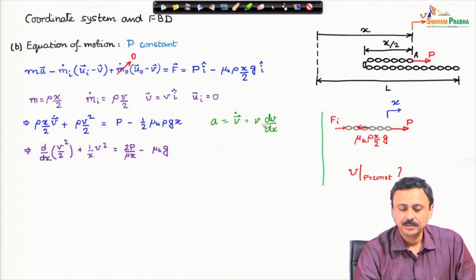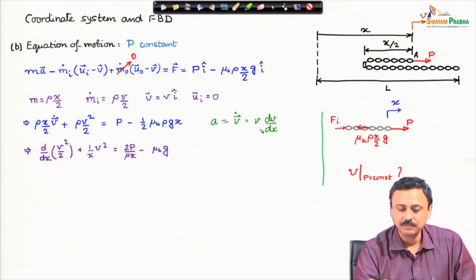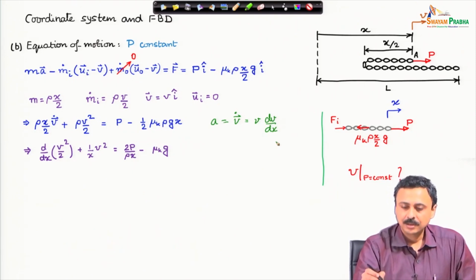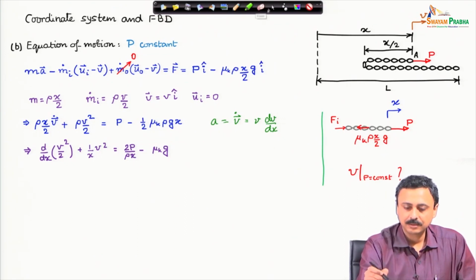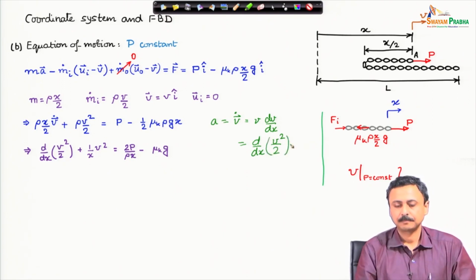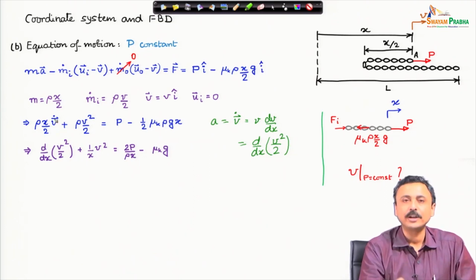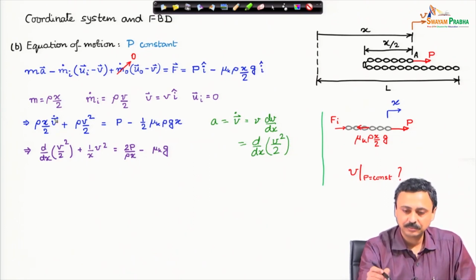We can write this acceleration as v dv dx. Therefore, I can write this as d dx of v square by 2,